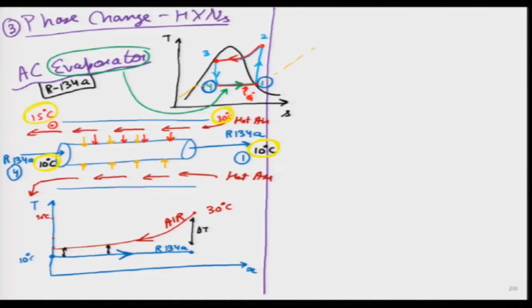So, can I draw that thing over here? But I am not going to draw from 2 to 3, I am going to draw from 2 prime to 3. So, 2 prime is the saturated vapor and 3 is the saturated liquid. So, let me go ahead and draw this. Why am I giving this example? Because all our homes these days, all offices, schools, institutes, and even many public transport buses have air conditioning present. So, I think this is something we all can see around us. So, I will give the example of the AC condenser.